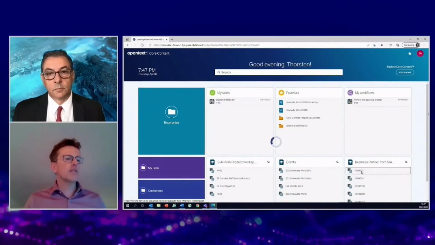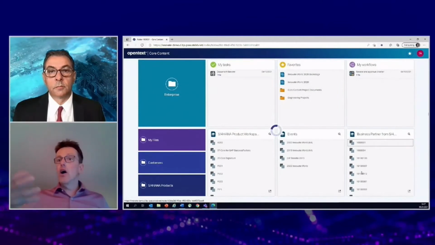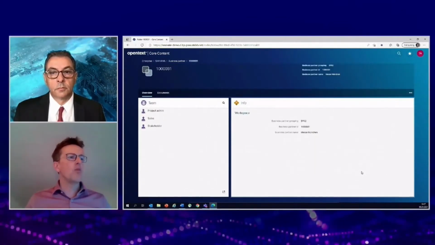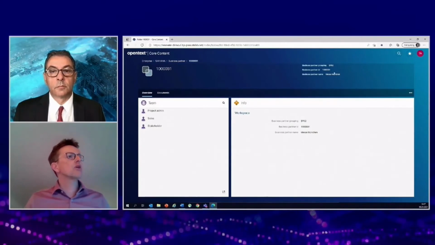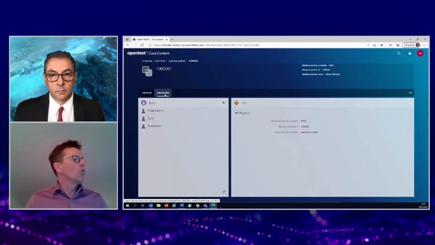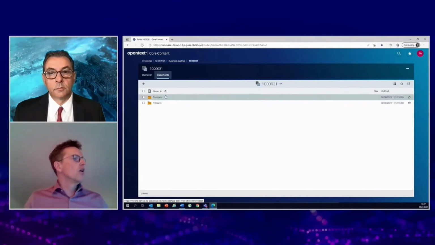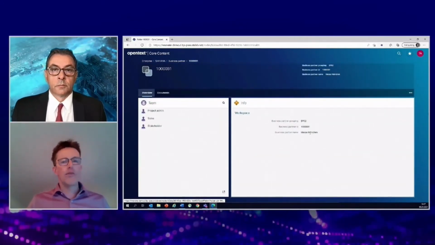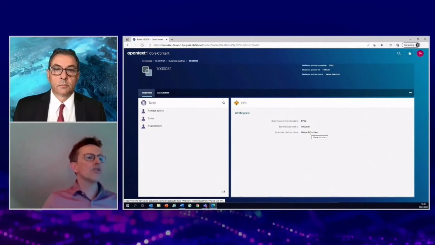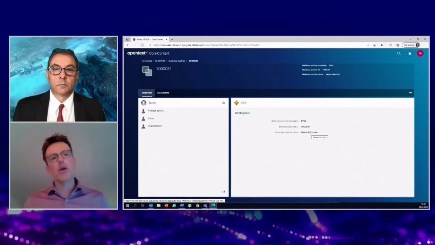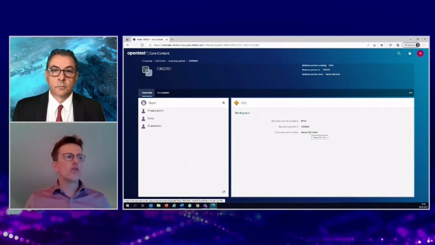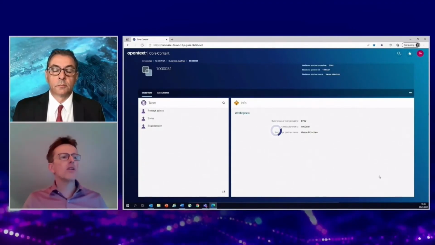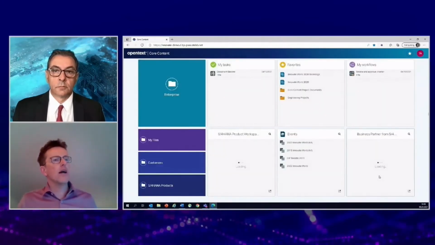So a workspace is at the end an object within core content, which is based on data from an SAP system. So this is, for example, supplier information, where we have a predefined structure of folders, and where we have, very important, the metadata out of SAP. And whenever we create a new object within SAP, or whenever we update an object within SAP, we are able to see this immediately here on the core content side.